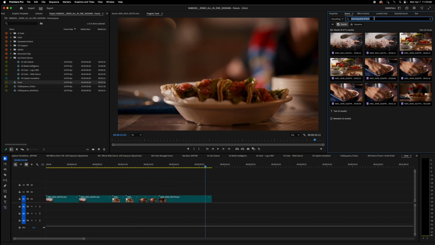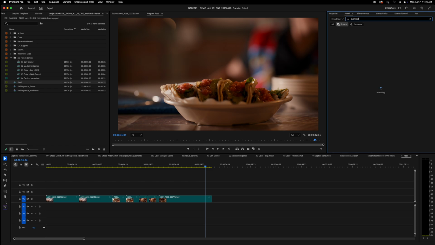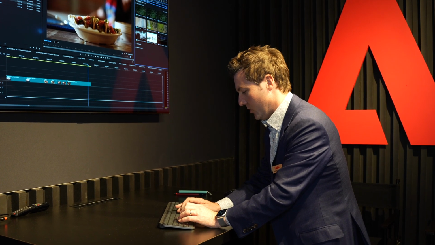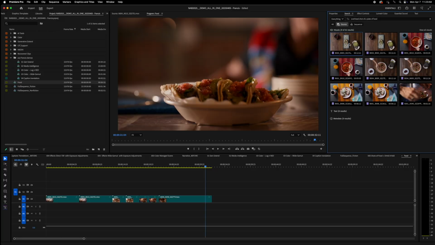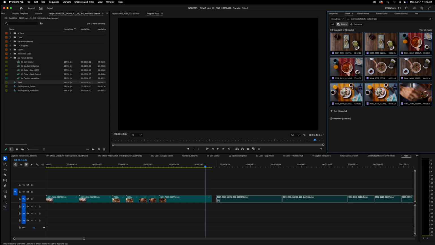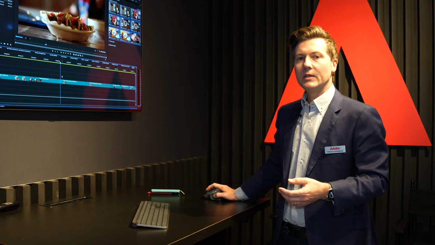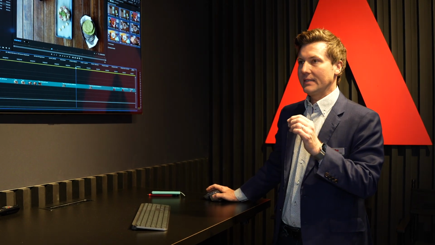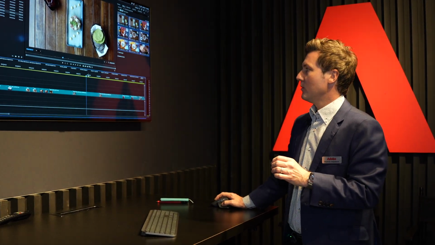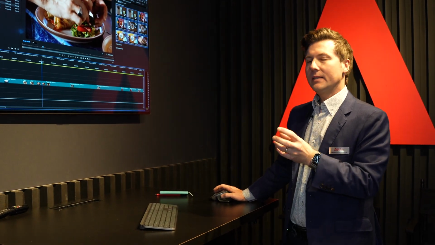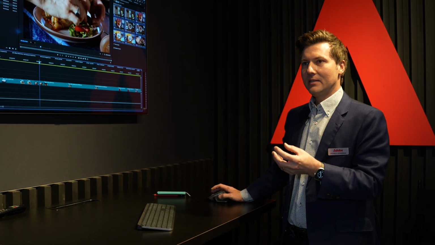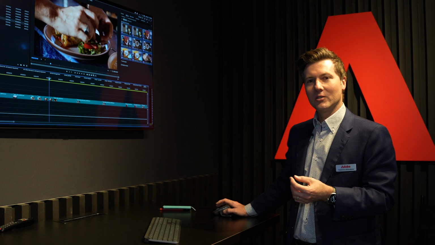But what I also need is an overhead shot of a plate of food. And here we have these overhead shots of plates of food. So you kind of can get the sense that the more descriptive you can be, the better. It's really great for finding the exact shot that you need. And with AI, what it's actually doing is it's finding something that is statistically the closest to what you describe.